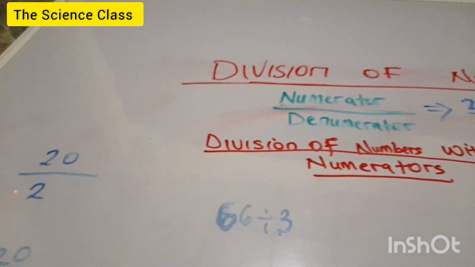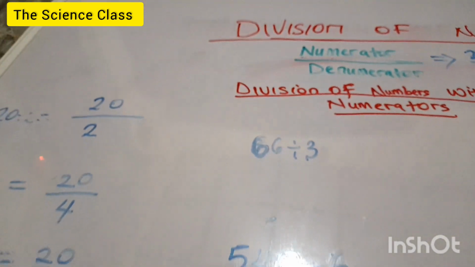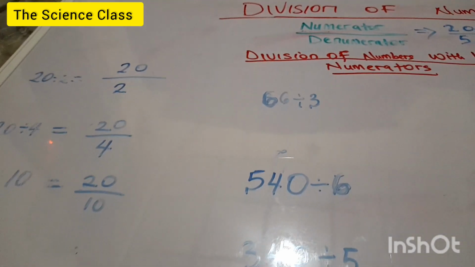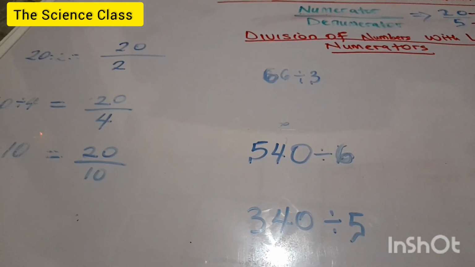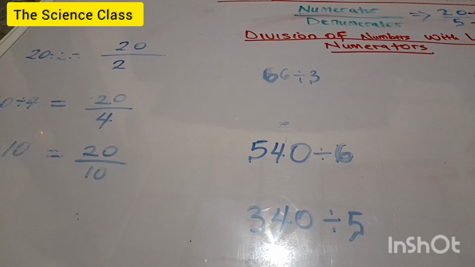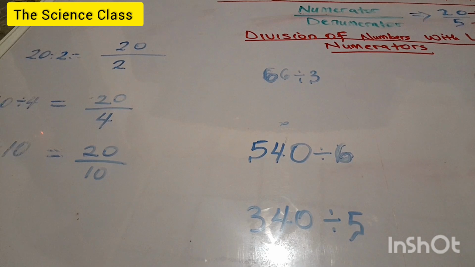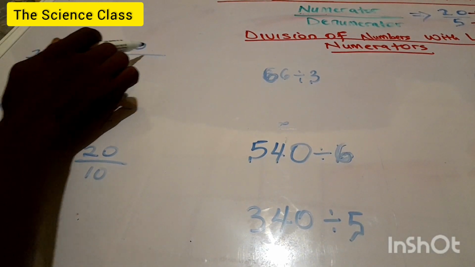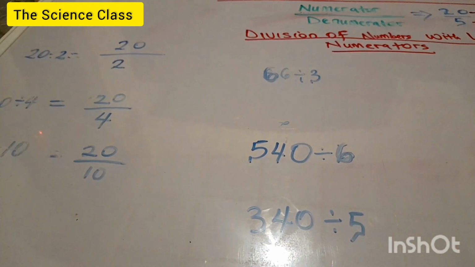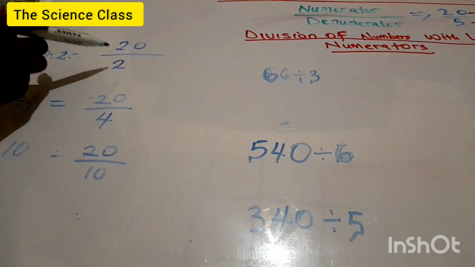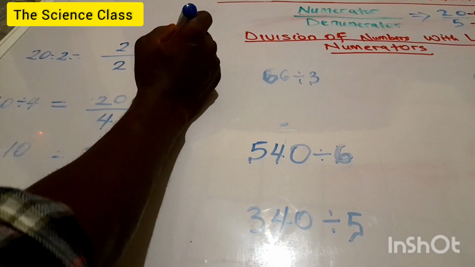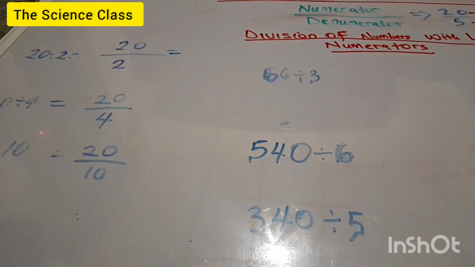Now let us go to our examples for today. The first example for today, we have 20 divided by 2. 20 divided by 2 can be written as 20 over 2, which simply can be solved as